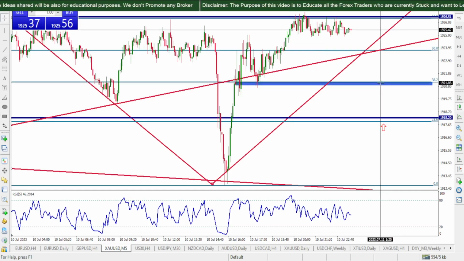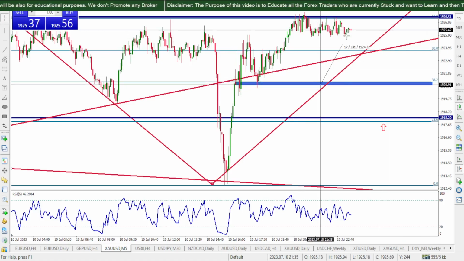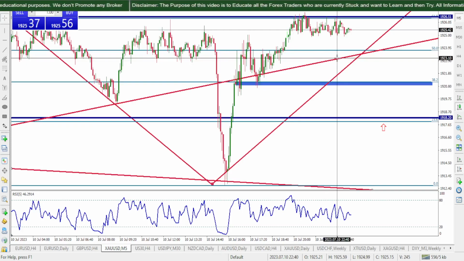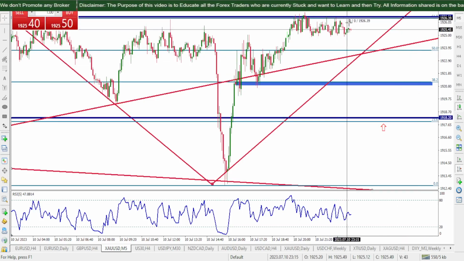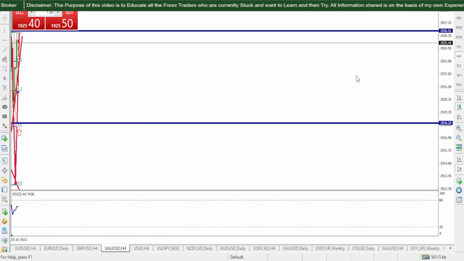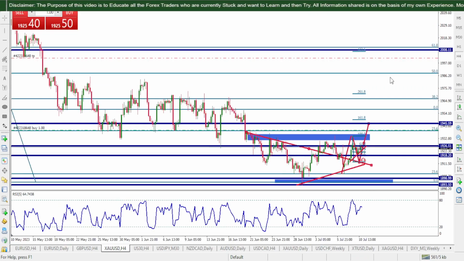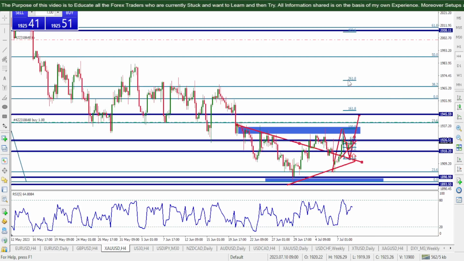I shouldn't call it stuck, because 1921 and 1925 is not a very big difference on lower lot sizes, but if you have big lots, definitely yes, this 1918.20 will be a day trade, and the intraday, maybe in the New York session tomorrow, we can catch something. I'm super excited to see what is going to happen next right here, because 1945 is the bottom line.